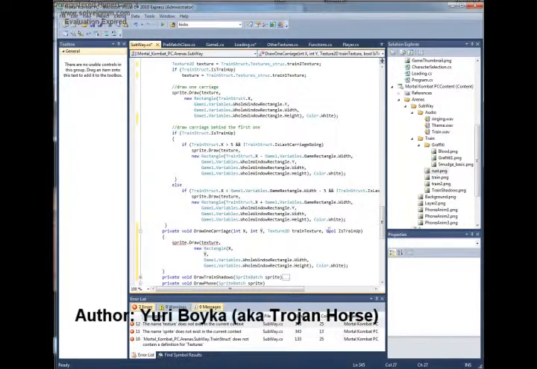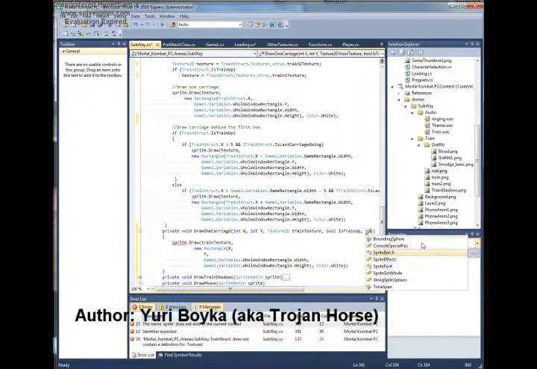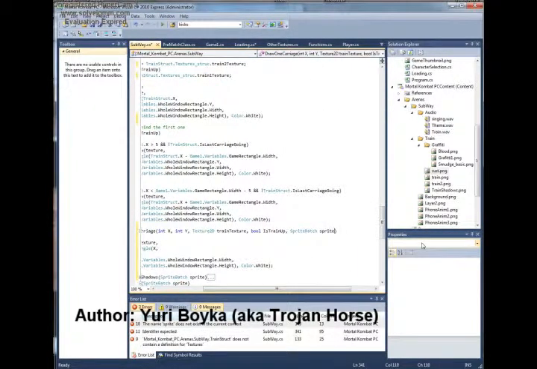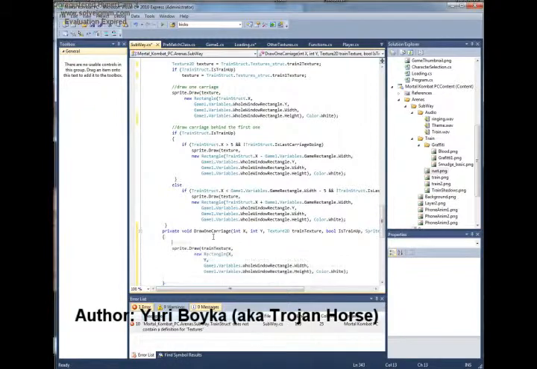Width and height is same. The train texture will be here. So yes, we need a sprite, sorry. So sprite patch sprite, and the sprite will draw that. That's alright. So now we have drawn the basic